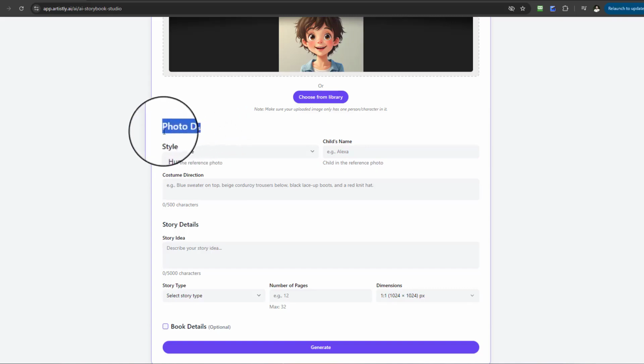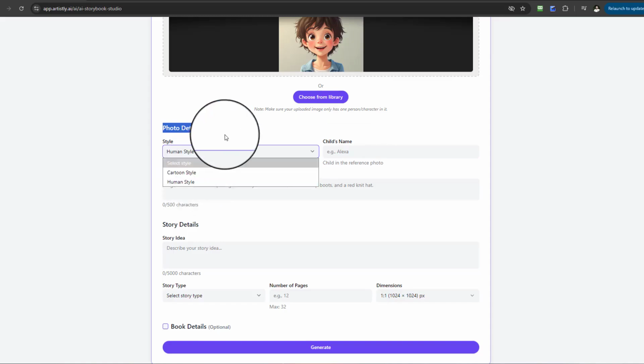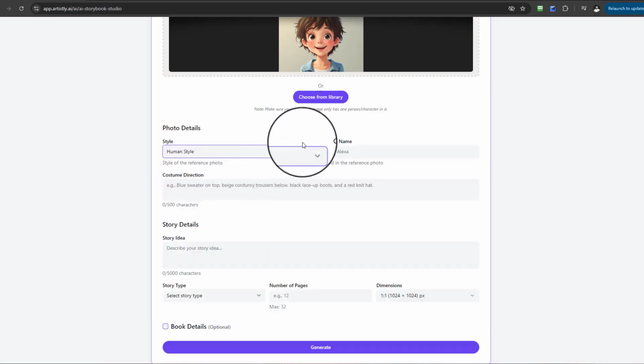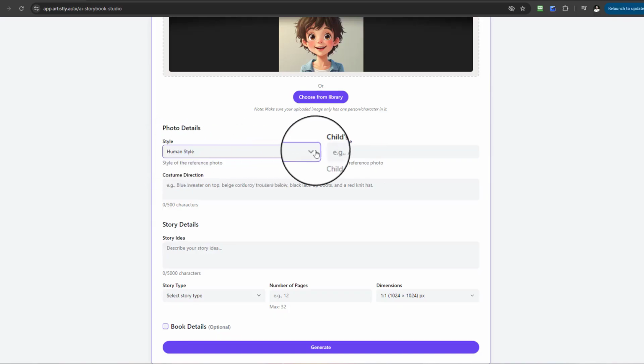In terms of photo details, it is now going to ask you to specify the style of photo. Is it a human style or a cartoon style? So you've got two to choose from. For this one it's going to be cartoon style, but here you can see you can make it a human style, and by selecting the human style, you'll see there'll be additional